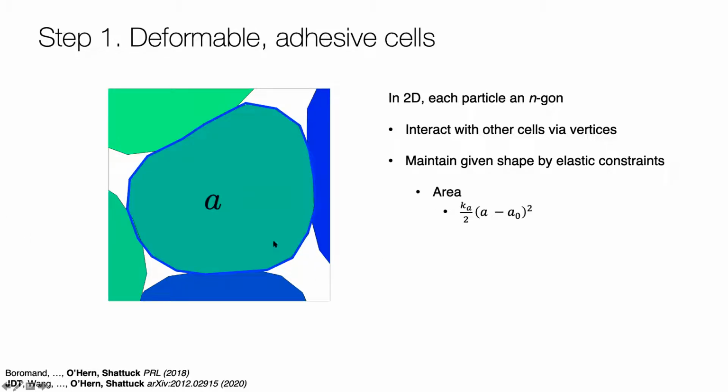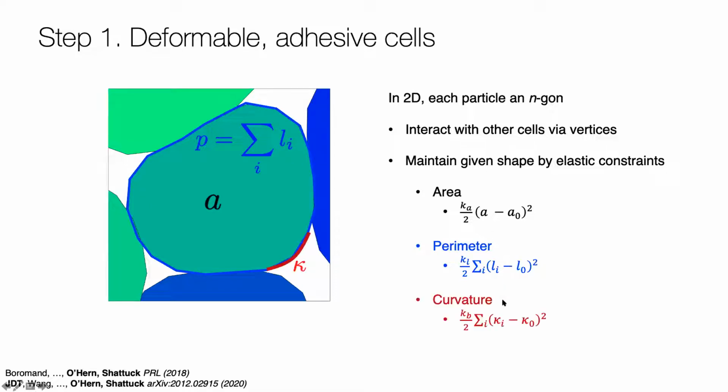So then the more complicated thing is, how do you simulate the change of shape? And for this, you just need to ascribe different energies to the different geometric qualities of the polygons. So for example, our polygonal cells will have some area. We can ascribe an energy that will penalize deviations in the area of the polygon from some preferred value. Similarly, our polygon has a perimeter that's the sum of these little segments that connect the vertices. So we can say that each of these segments is like a little spring that has some preferred length